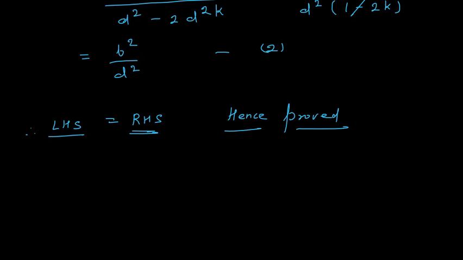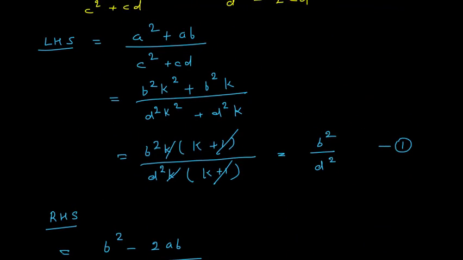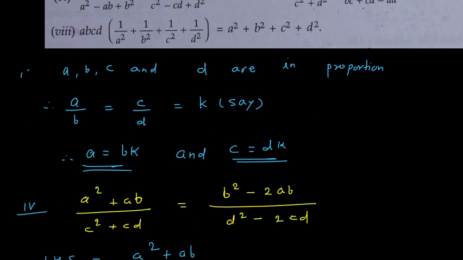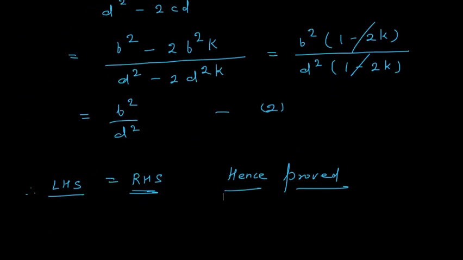So you proved your LHS and RHS are equal. So the fourth problem is also not that difficult. And I think the rest of the problems also you can solve in the same manner. You will not find any difficulty. You have to replace A by BK and C by DK. Okay. Now this last problem might be a little complicated. Last problem, so let us do this last one. A, B, C, D is there in this last question.